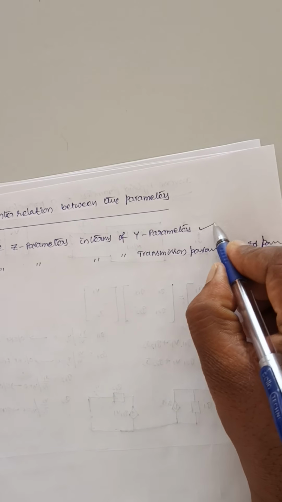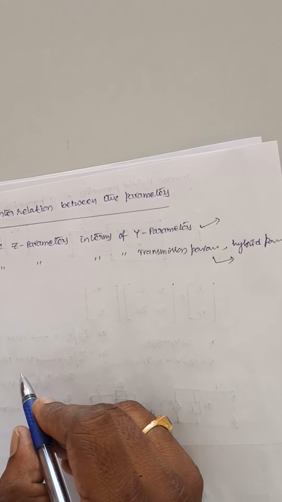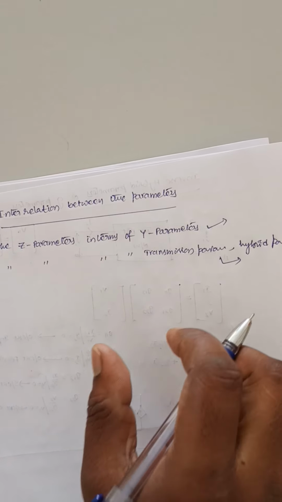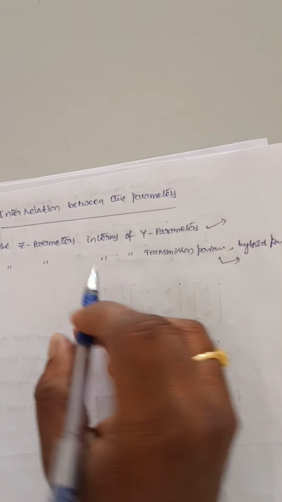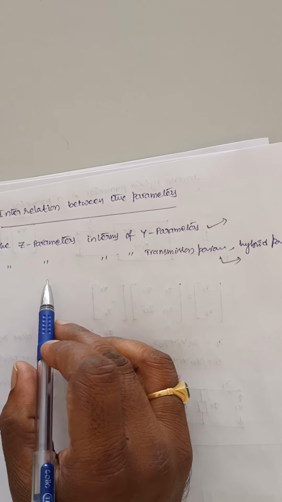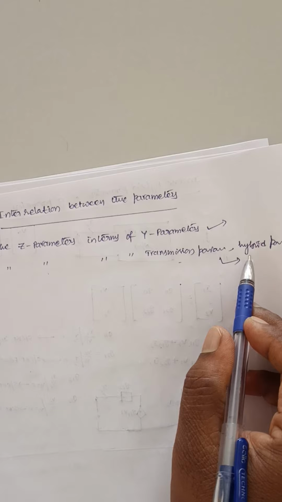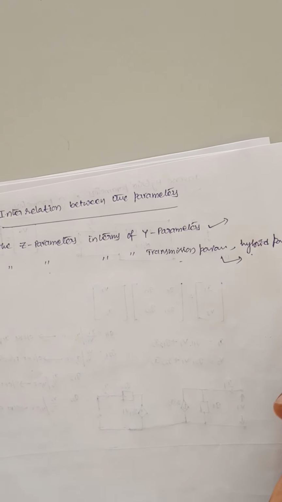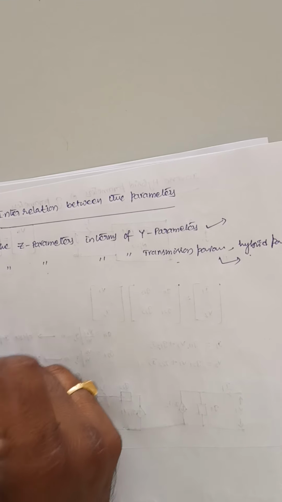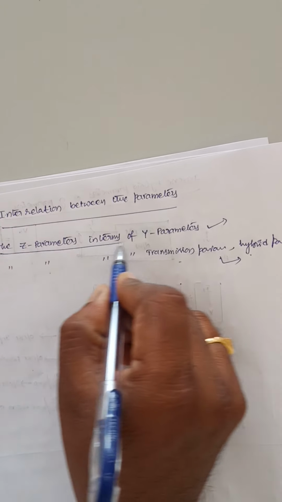It is having one type of method, it is having another type of methods. You see here, what I want to say is the relation between the parameters and the inverse of that parameter will have one method, and to get the relation between one parameter and the other parameters except the inverse of that parameter will have another method. That means this type of relation will have one method, this type of relation will have another method. So first let me explain about this one.